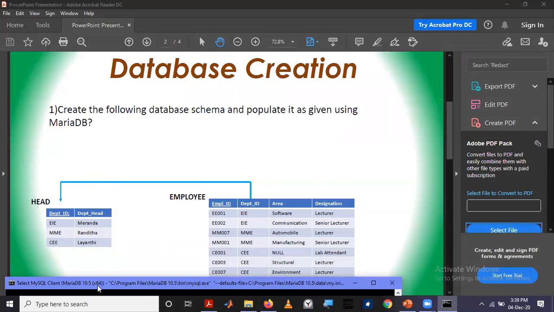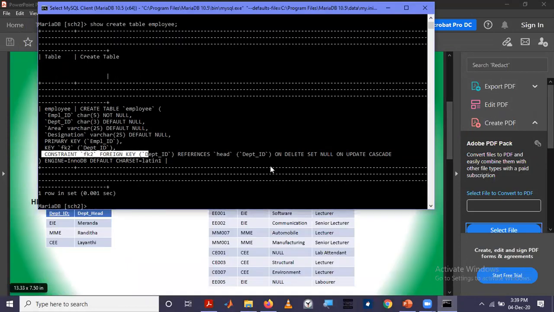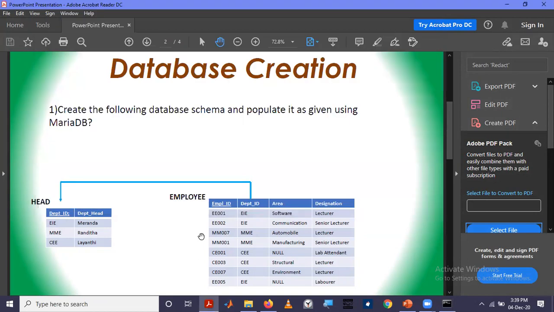We have set it so that when an entry from the referenced table is deleted, the values in this table will be set to null. If this is updated, those values will be deleted from the referencing, that means employee, table. That's what we did last week.